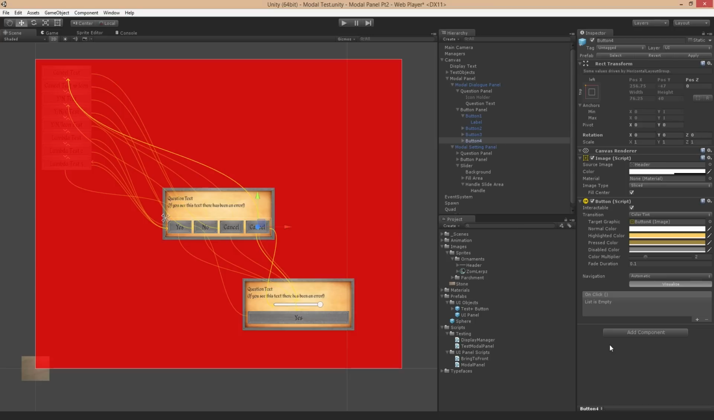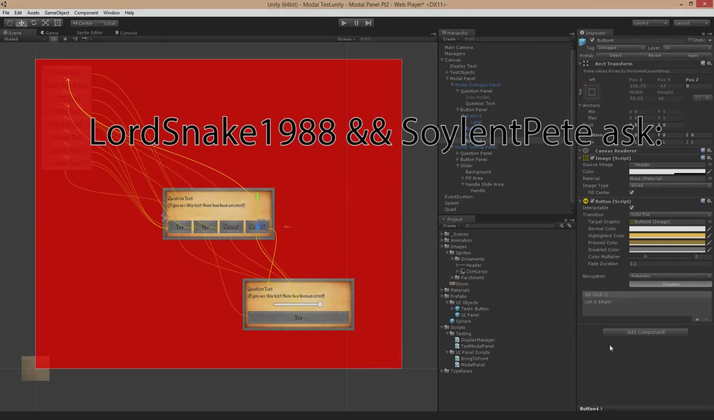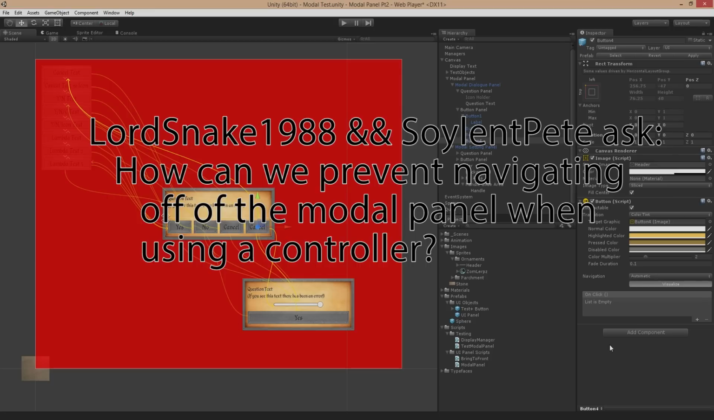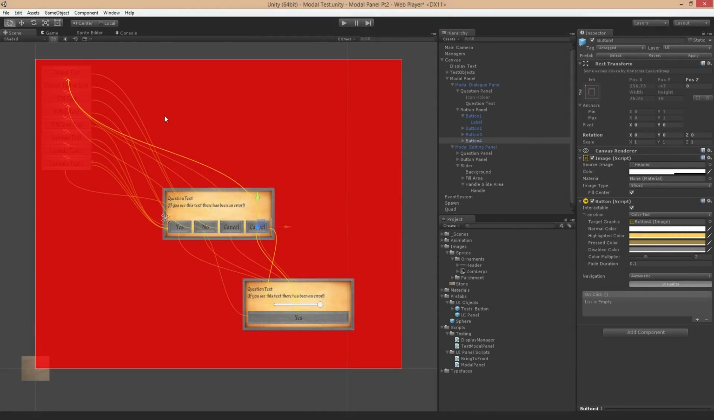Interesting question, Lord Snake 1988 and Soylent Pete. Because yes, you can see that that's going here. Clearly that'll go underneath the modal window. So the solution to that would probably be to set your explicit navigation on the buttons on the modal window to stay on the modal window. So if you set these to explicit,